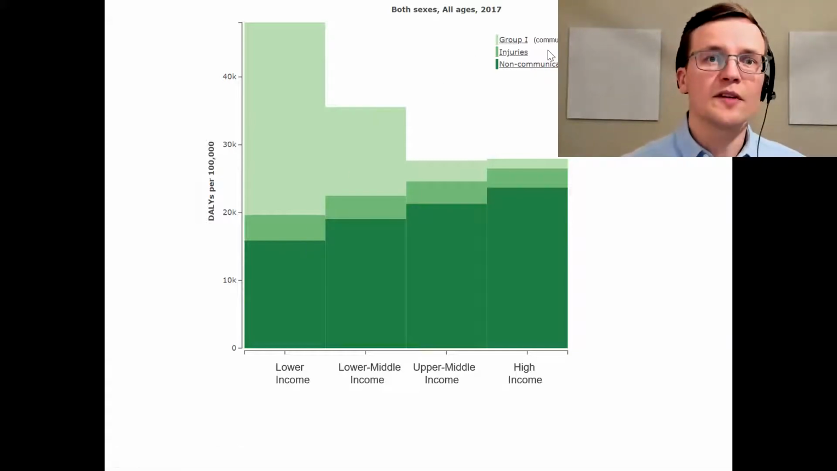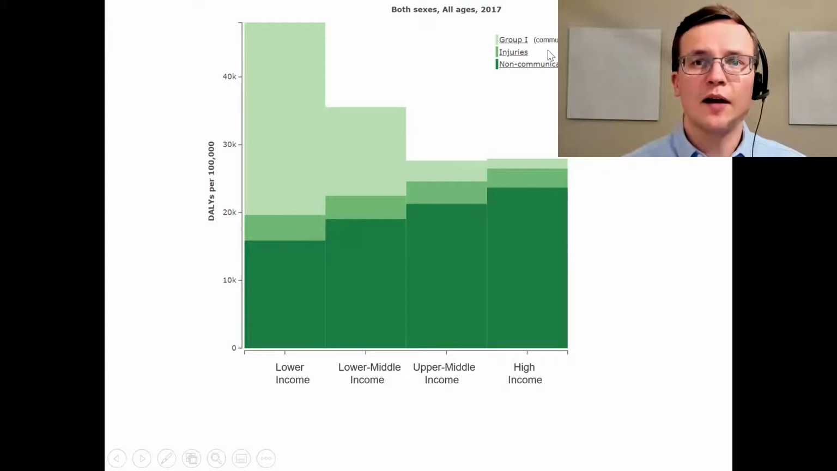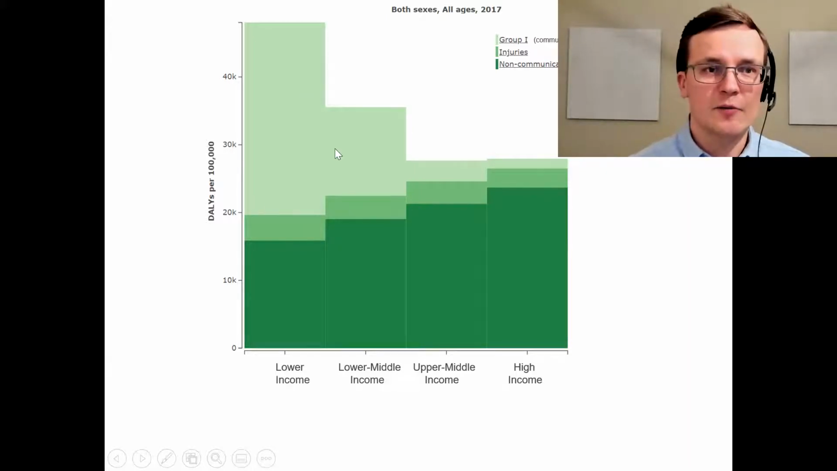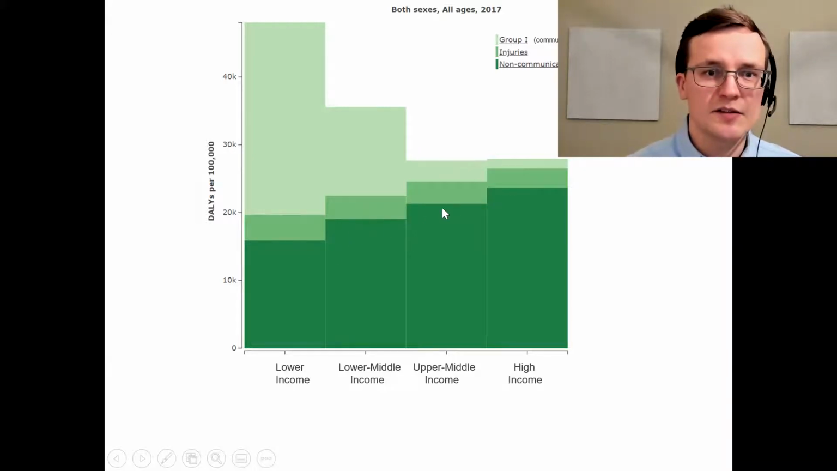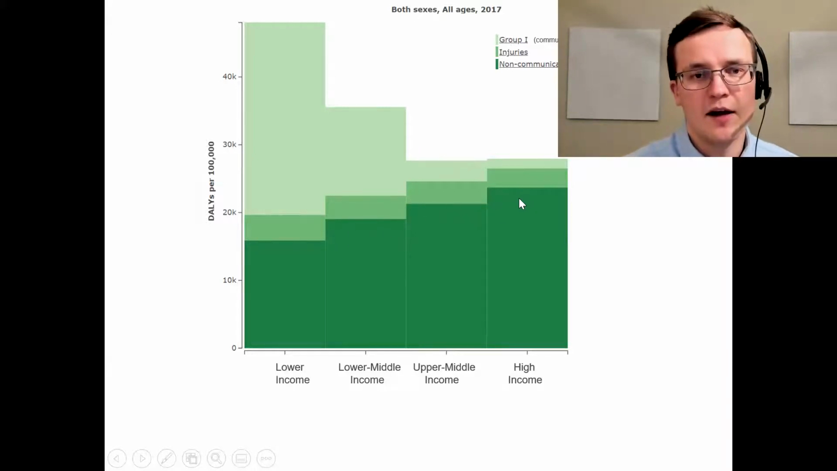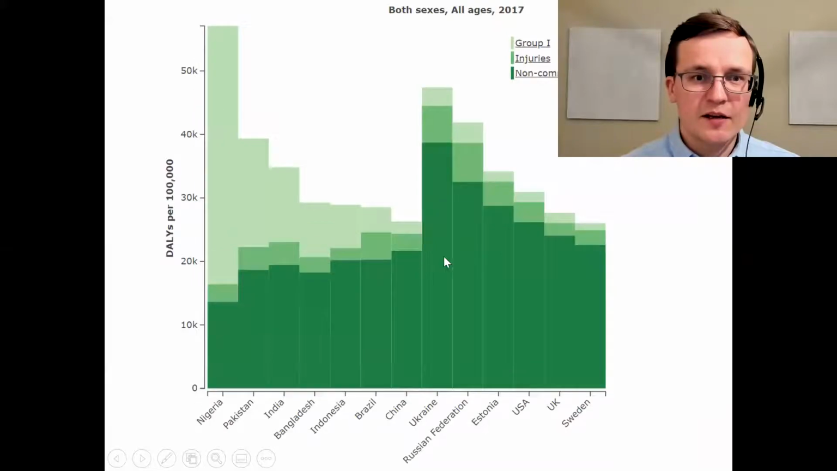Group one is a composite, sorry if my face is blocking the shot, but group one is a composite of communicable diseases and maternal health issues, which tends to predominantly affect low-income countries in the light green. Then injuries are quite a small fraction, and the NCD burden tends to increase as you go up the income classification, which might be slightly misleading because if you break it down a bit more granularly, you find that there are countries in the middle, just between the